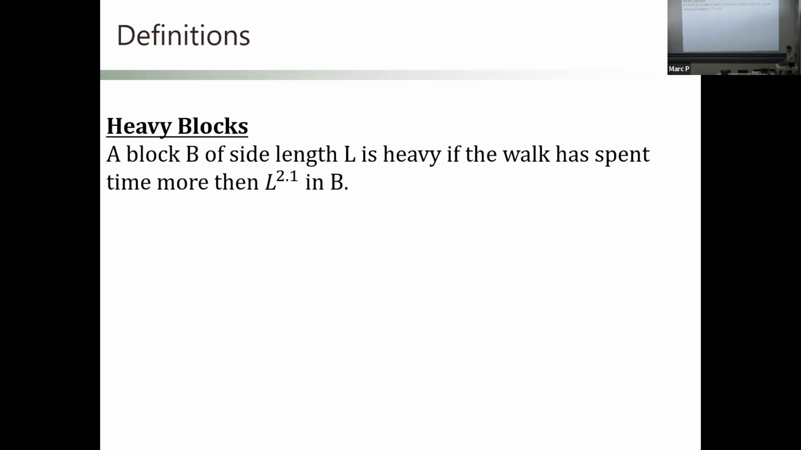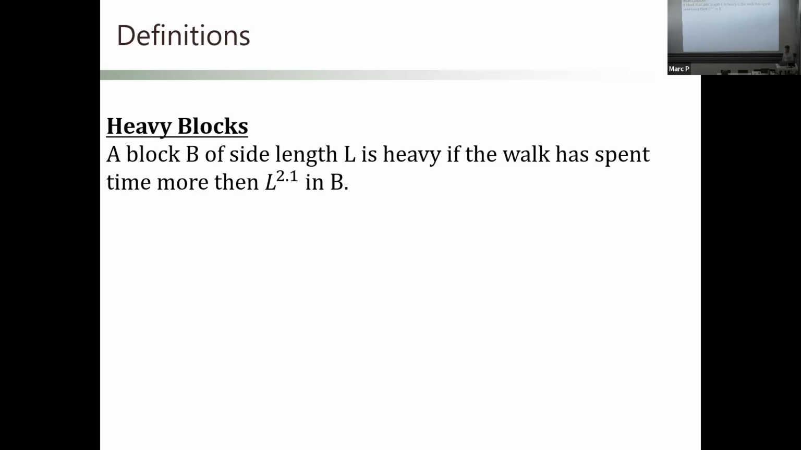One is that we don't want the walk to spend too much time in one area, because if it did that, then it's likely to interact with itself a lot. So I'll say a block of side length L is heavy if the walk has spent more than time L to the 2.1 there. Okay, now